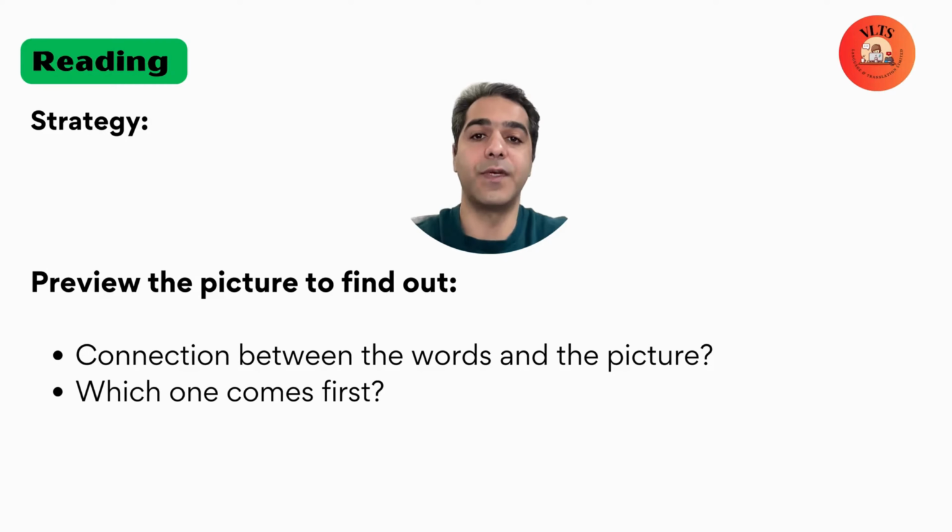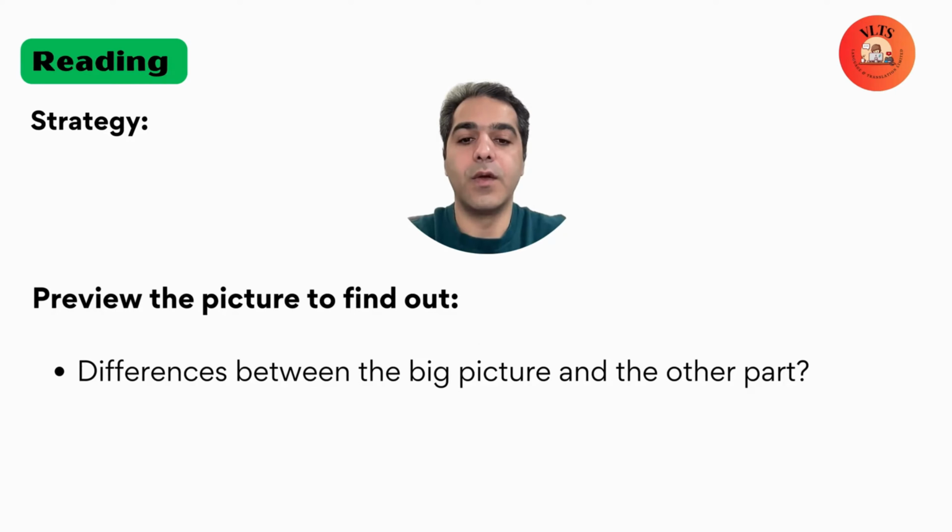Which one comes first? Picture comes first, and then there is a caption, or there is a description of some words and phrases in bullet points. Then we have the picture. You have to understand what is the order. Also, you have to know